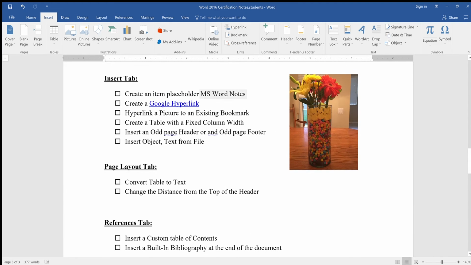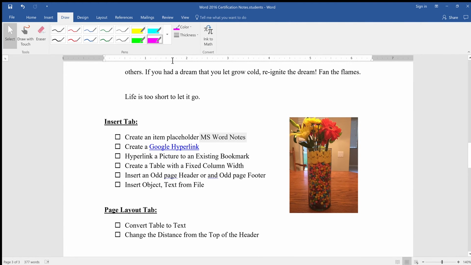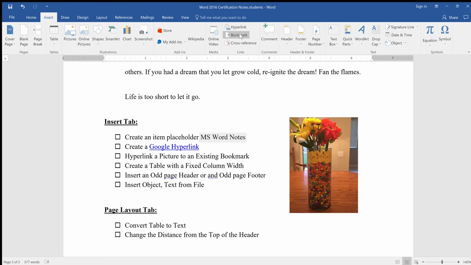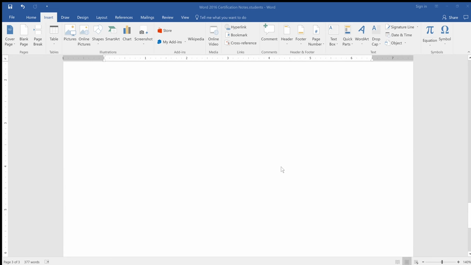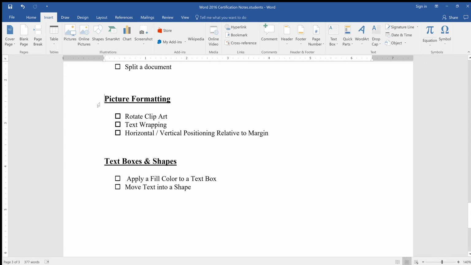Go back to our insert tab. If we click on the bookmark across the top and we go to bookmark, we can have it click go to picture formatting bookmark, and you'll see it'll take us right to that bookmark and our cursor will be there. If we go back to bookmark and we click on title and we hit go to and hit go to that bookmark,